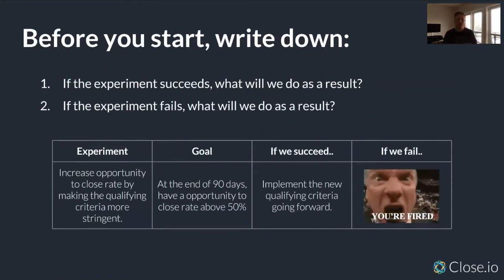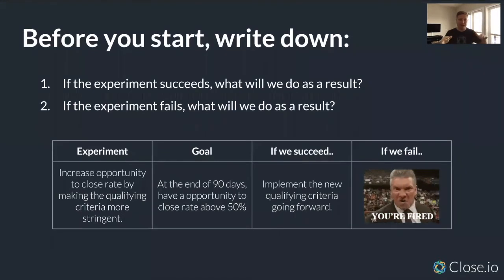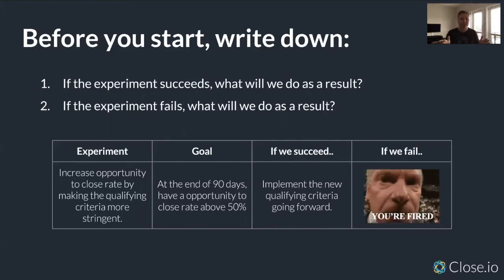Now, before you start, you need to be clear about what you're going to do after the experiment is over, if you succeed and if you're going to fail. And then the table at the bottom of this slide shows you the table that you can look at.